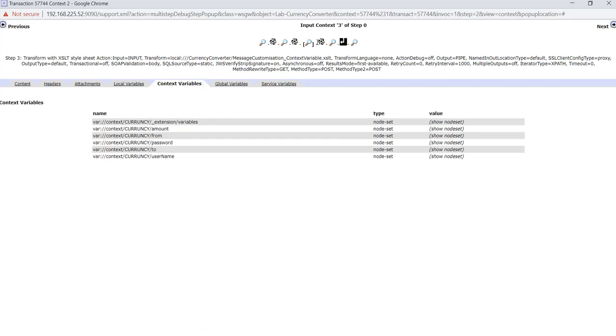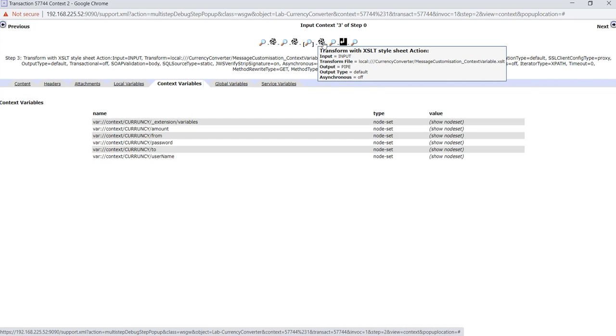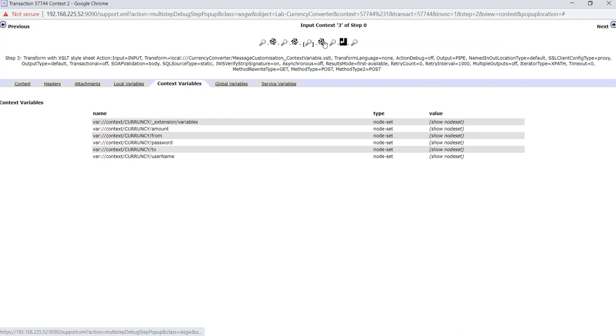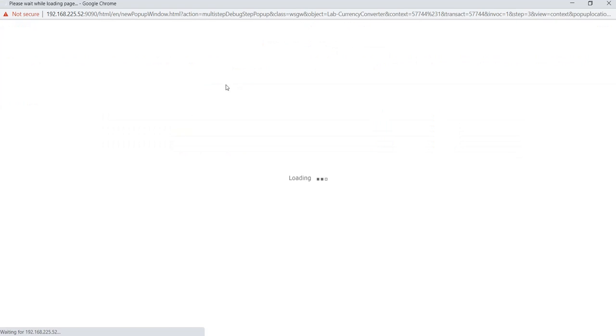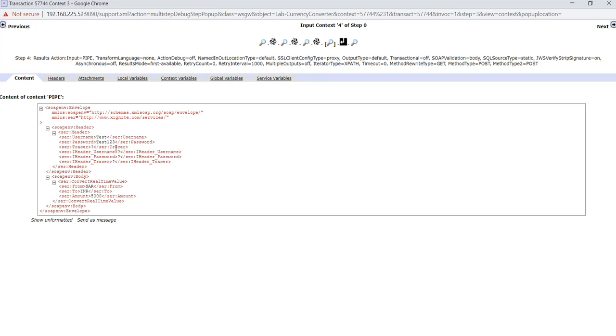In the next XSLT, we are updating the request message. So now here we can see that the username is updated, and the password is updated too. Whatever value we pass from the request message we can see here.